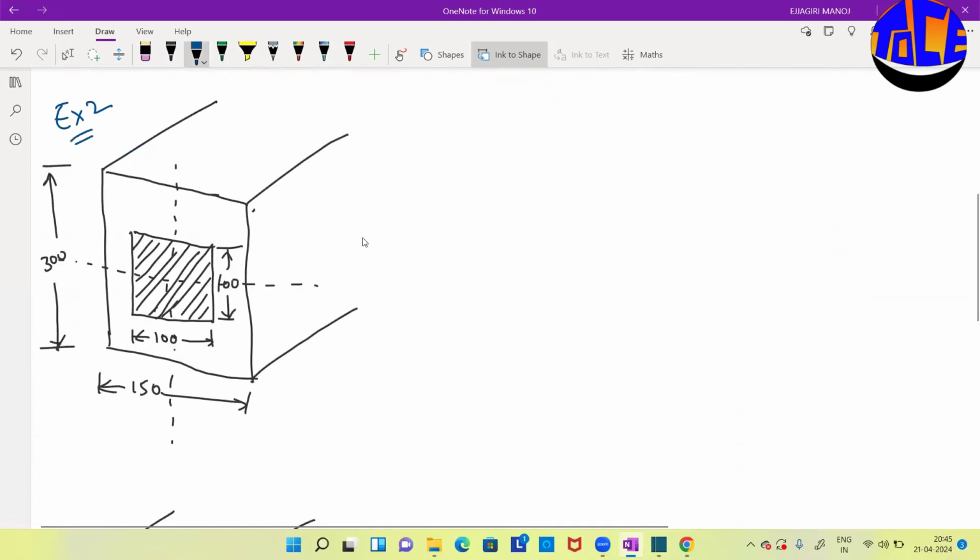Example 2. For this, the width of the anchorage zone, the end zone, is 150 mm width and 300 mm depth, and the anchorage plate is 100 by 100. Okay. And here yp0 you can directly take, it is 100 mm, and y0 we need to calculate. So for y0, from the center,